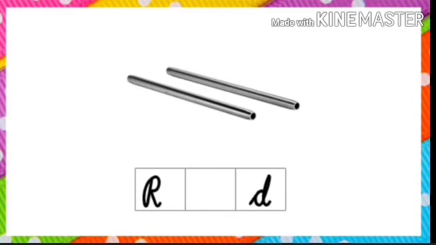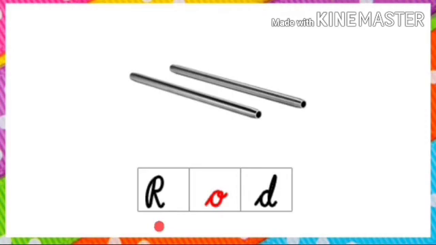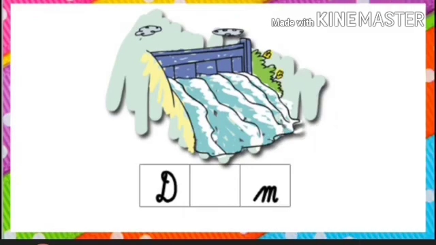So, time for the next word. Which picture is this? It's a picture of rod. So, sound of the word R, O, D, rod. Okay, beginning sound is R, letter is R. Ending sound is D, letter is D. Which vowel sound is missing? O sound is missing. So, which vowel says O? O says O. So, fill the correct vowel and make the word complete. R, O, D, rod.